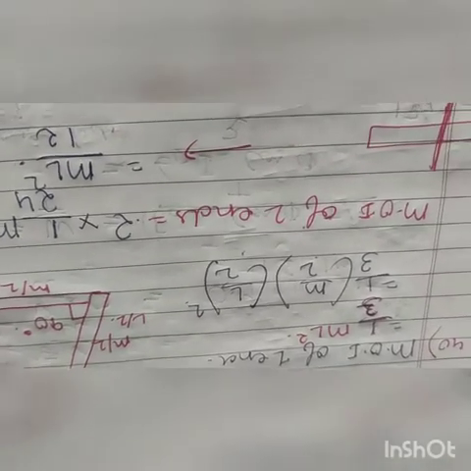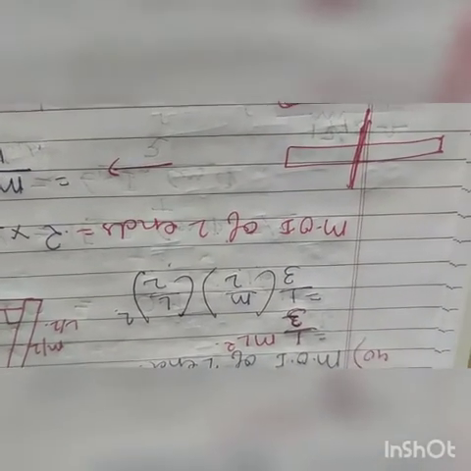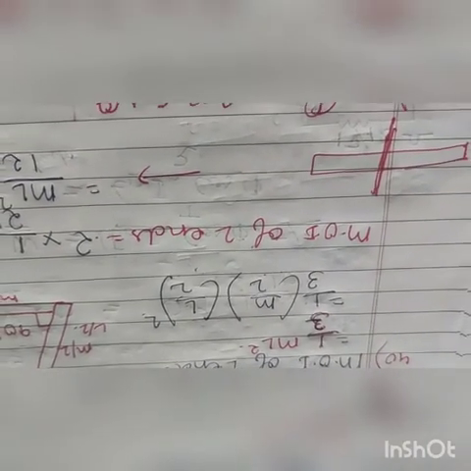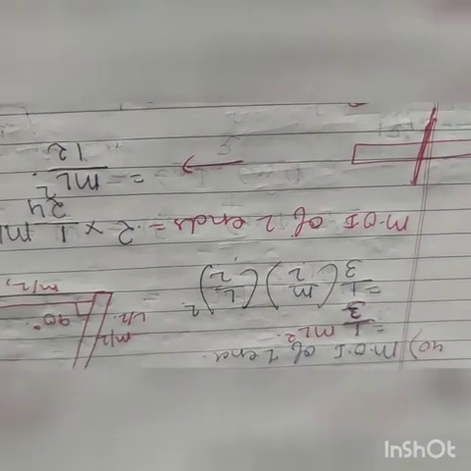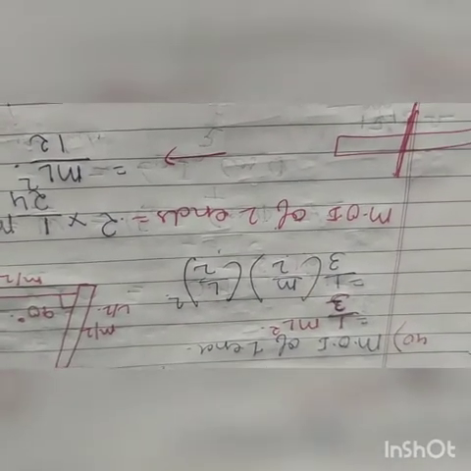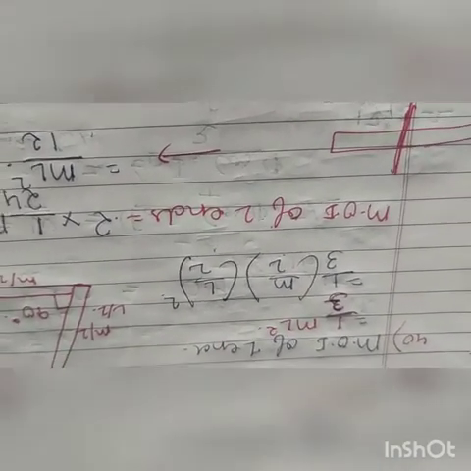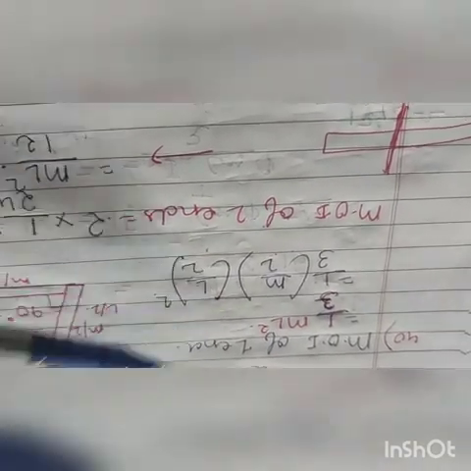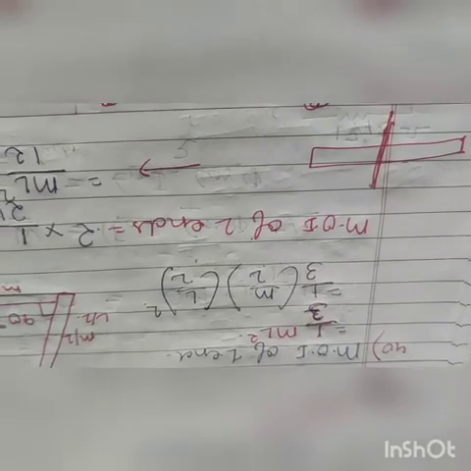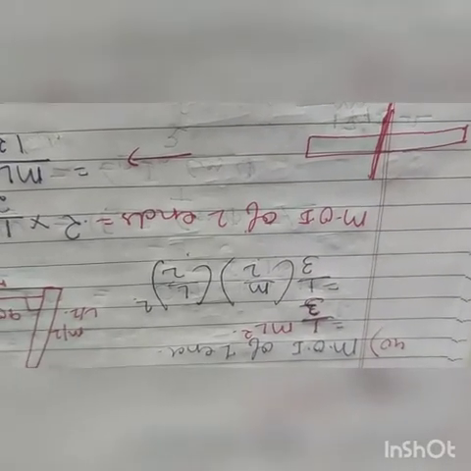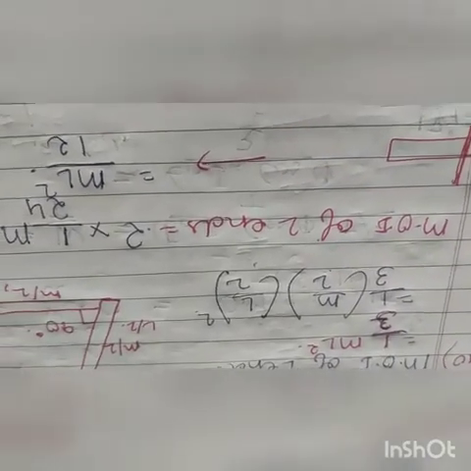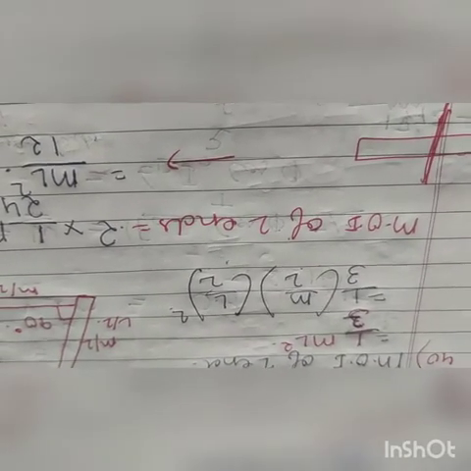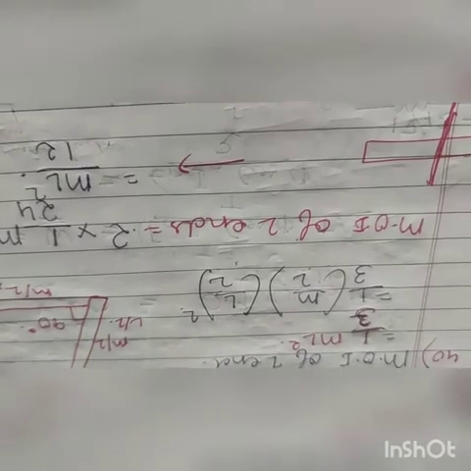So for a quick recall, if one rod is divided from its midpoint, here also it is just divided from its midpoint, so its moment of inertia is ML square by 12. It is fixed everywhere. Like for one end it is fixed, 1 by 3 ML square. So for the two ends also, passing from the midpoint of one rod, it is fixed, ML square by 12. So we can do it by just solving also, and we can remember its value also.